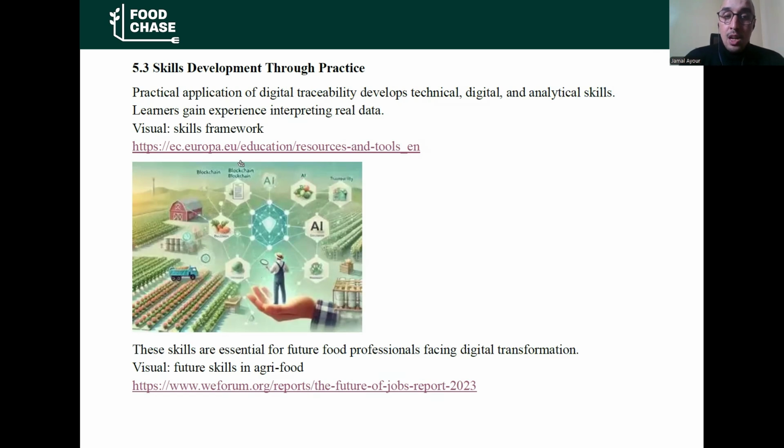Learners are invited to analyze this example of skills from work to understand these skills, which are very important in practice for this area. These skills are essential for future food processing, facing digital transformation, and also for the image and transparency of your food process.